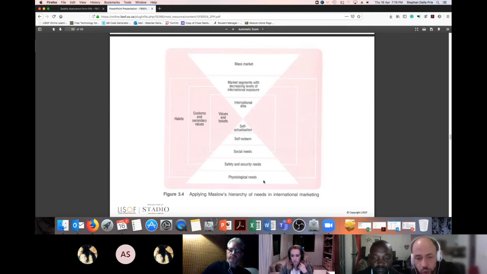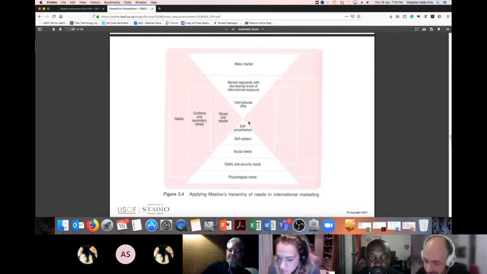Then as we move towards the middle, self-actualization, there we start looking at people who are considered the international elite. You see, this is where they meet in the middle. I wish I could demonstrate to you. Can you see my mouse? Yes. Okay. So you follow the line through, and as you move up towards becoming your self-actualized self, your true self,